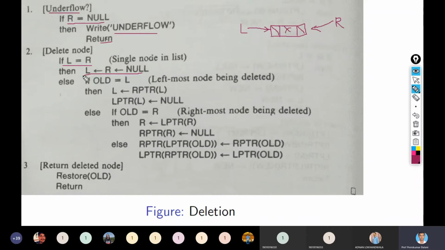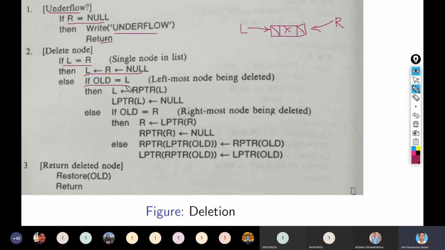So if this node is to be deleted, then set L equal to R equal to null. So now this node will be deleted because now I'm updating the pointers L and R to null. So they will not be pointing anywhere. So the list is deleted. Now let's go ahead to the second case.